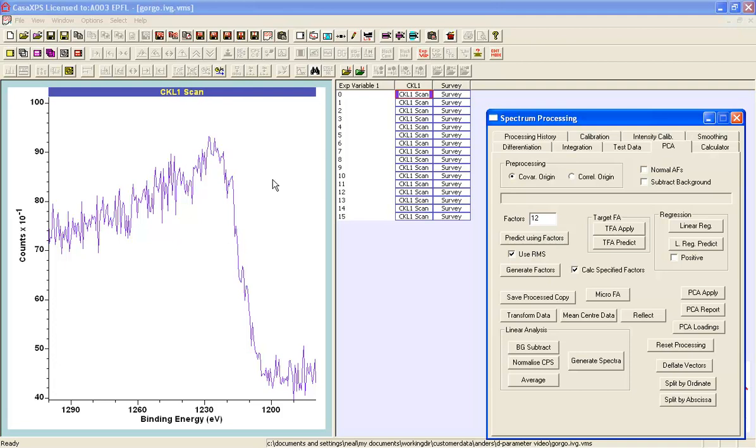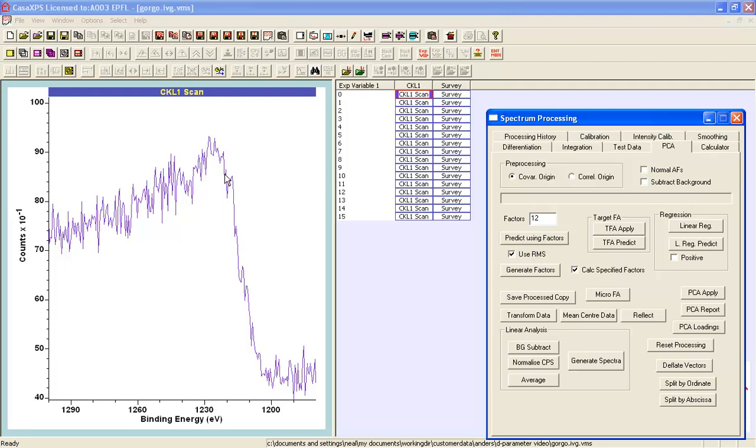and if we were to add all of those spectra together we would get good signal to noise for the one spectrum. But by using principal component analysis we can work out the number of significant shapes to these data and then reproduce each spectrum using a limited number of principal component abstract factors, which has the effect of reducing the noise. And this is very different from trying to smooth individual spectra to work out a better shape for each spectrum. We are using the information that is in the entire data set, the acquisition time of the entire data set, to reduce the noise in individual spectra based on an understanding of what noise looks like in